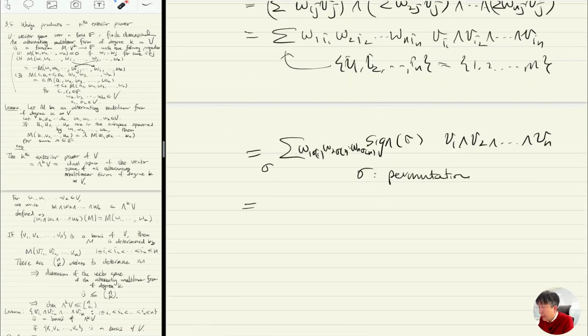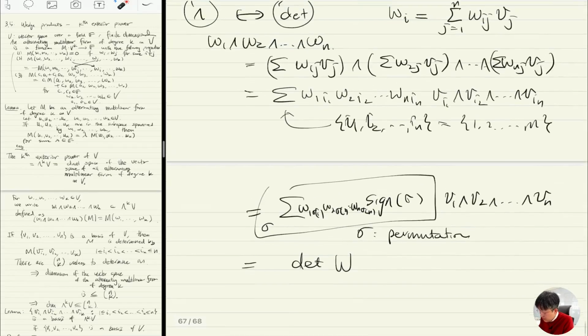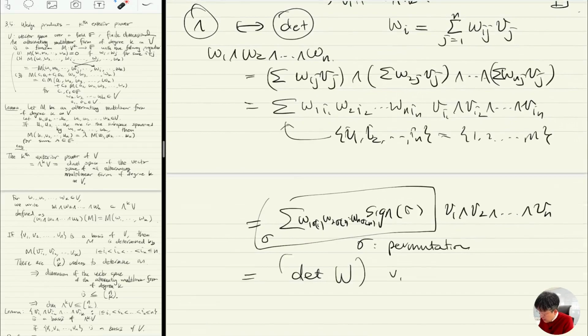And this is precisely, what is it? It's the determinant. This part is the determinant of w, times v1 wedge v2 wedge up to vn, and here this is an element of the basis of the nth exterior power,